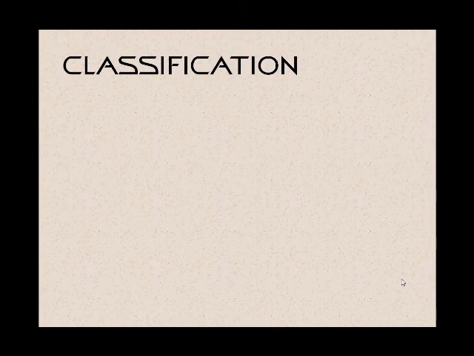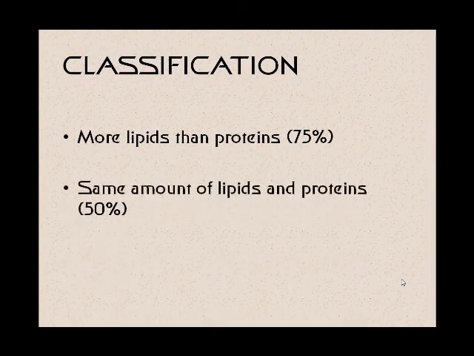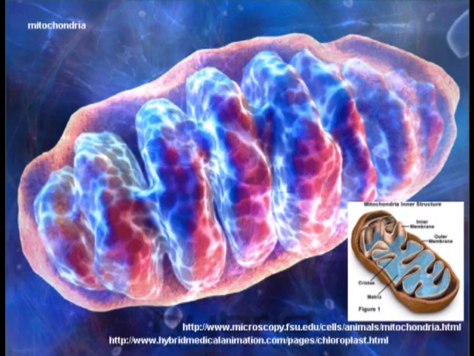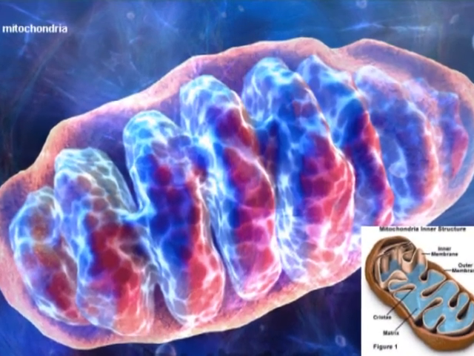Cell membranes can be classified in three categories. First, those that have more lipids than proteins, for example, cells that require isolation for electrical impulses, such as neurons. Second, those that have the same amount of lipids and proteins, for example, cells whose main function is transportation and metabolism. Third, those that have more proteins than lipids, for example, structures that have a great metabolic activity, such as the